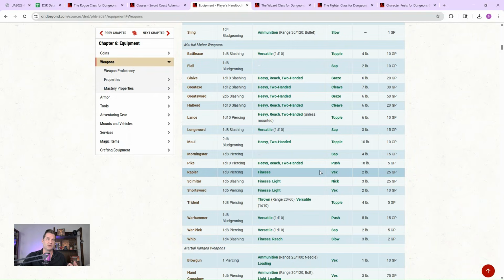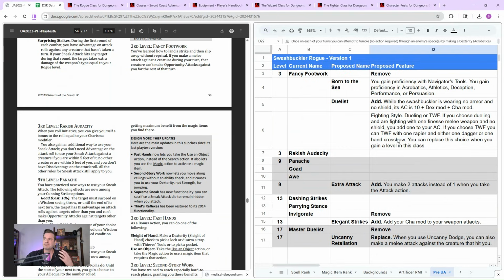I really just wanted to lean in and make it possible to play that fighting style of rapier and like a main gauche. I don't know how to say that right. Sorry, French people, if I'm butchering that. I probably am. Main gauche, maybe. Or a parrying dagger or things like that. Sometimes you could have something called a sword breaker. So I wanted to enable that kind of fighting style.